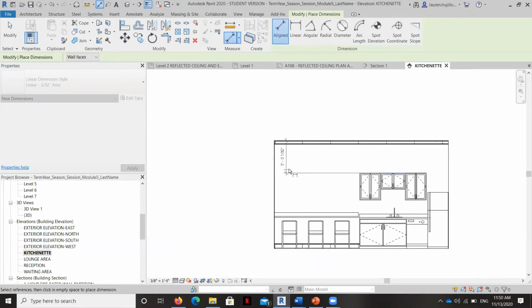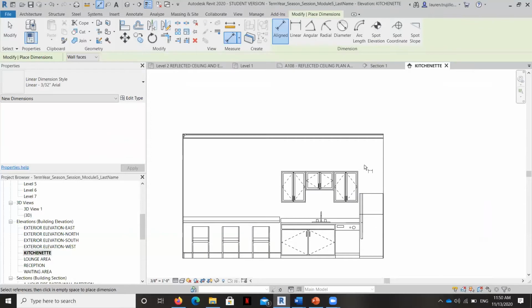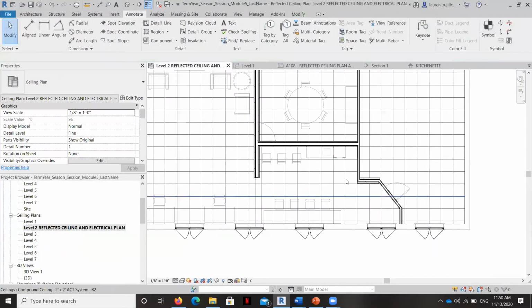So we could do 3 feet or we could do our drop ceiling at 2 feet. I'm going to go ahead and leave about 12 inches above here just for lighting or to collect some dust. And in normal circumstances, we would have also some crown molding that would run around the top of these cabinets as well. Okay, so we know we can do a drop ceiling that's 2 feet tall. So let's go ahead back to our reflected ceiling plan.